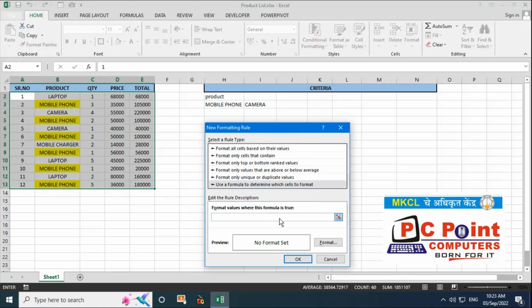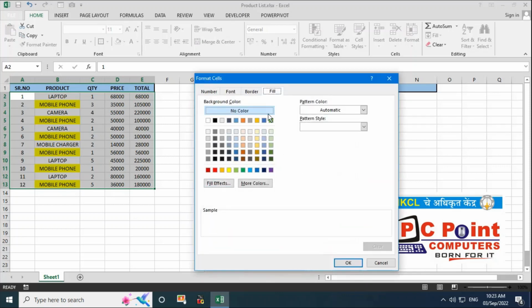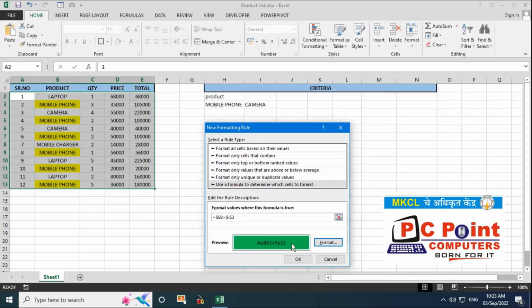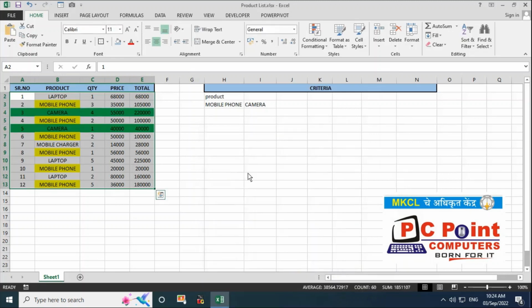And here I'm going to write equals, then I'll select this cell. Basically I remove this $ sign because I want to see my entire row. Then again equals, I want to select this cell because from this cell our data is going to be compared, that is I3. Now change the format in the fill option and I'm going to select the green color over here, click OK, OK.